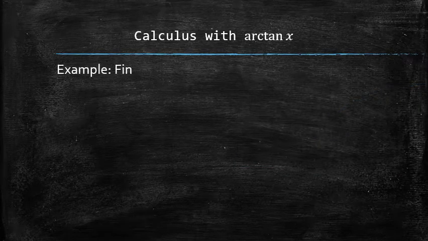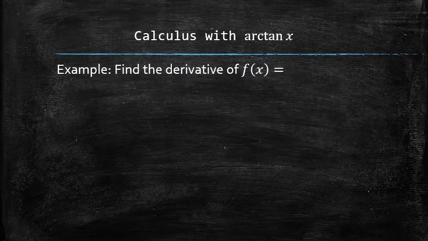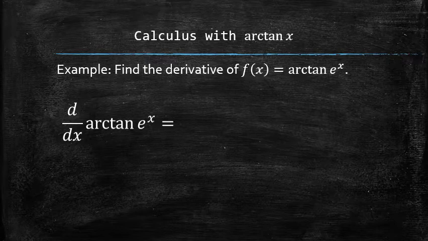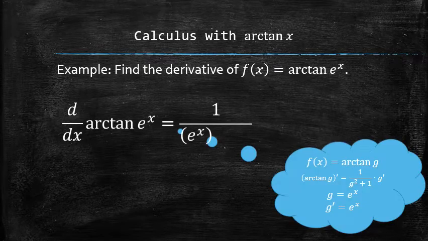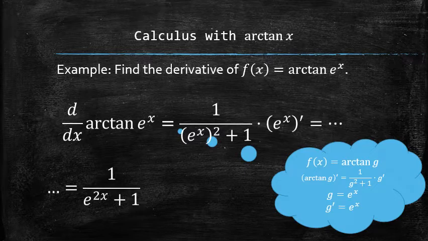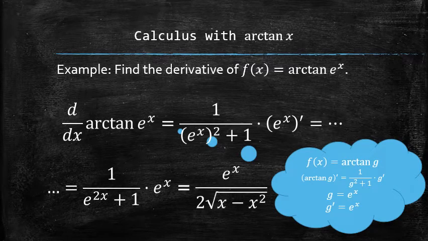Now we can find the derivative of the following function. We start the process by recognizing that we have to find the derivative of a composition of the arctangent function applied to the natural exponential function, which is equal to the following expression, in which we know how to find all the components. We get the final answer after simplifying.